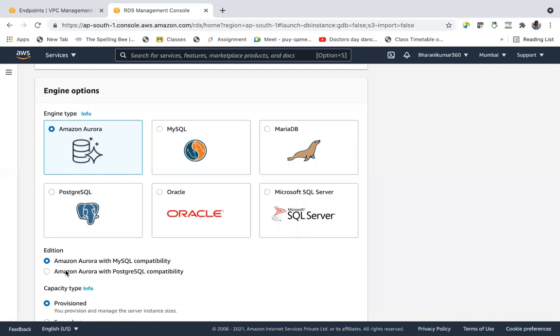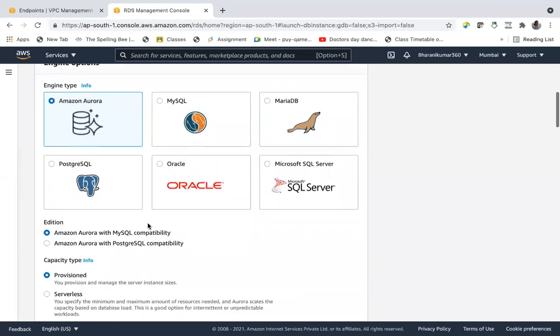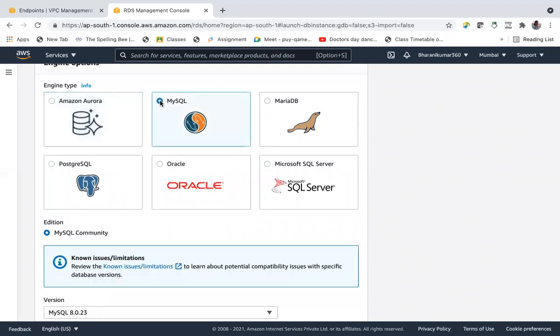There are two editions: one is MySQL compatibility and the other is Amazon Aurora with PostgreSQL compatibility. But anyway, these are not free tier eligible. MySQL has some limitation. So let's go for MySQL anyway. Amazon Aurora is also a MySQL database, but it has two additions. That's it.